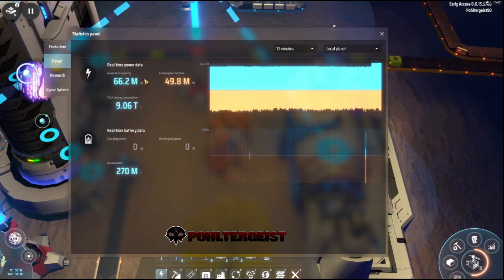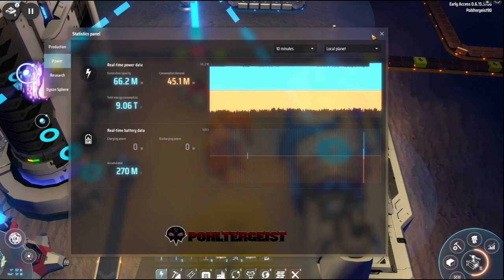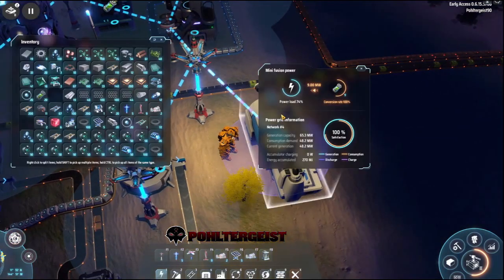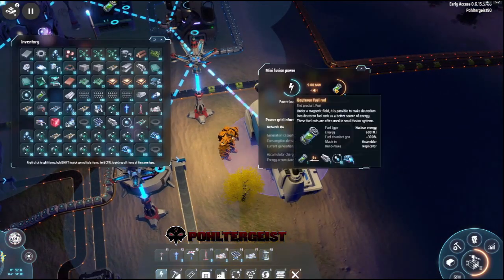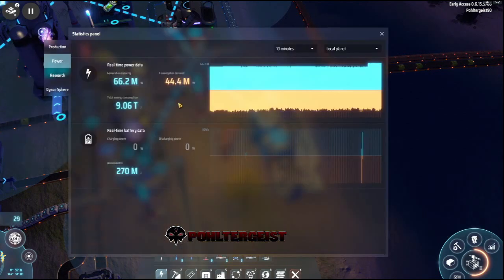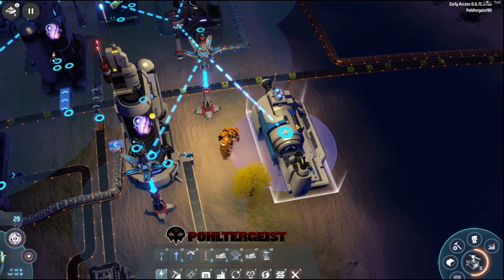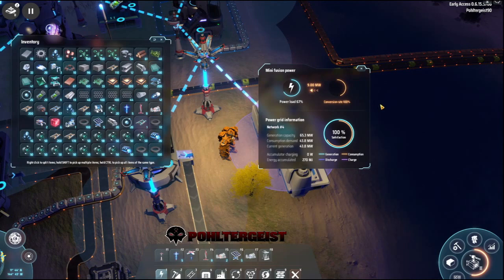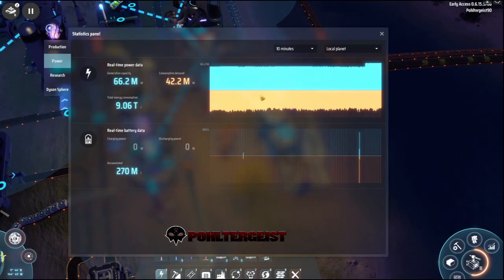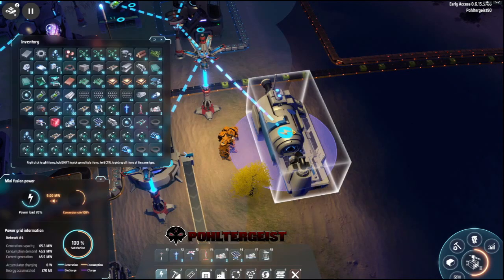No, we're generating 66.2 megawatts, which is more than enough, obviously. Let me show you what the difference is. 66.2. When this stops, I'll show you the difference between before and after we put the mini